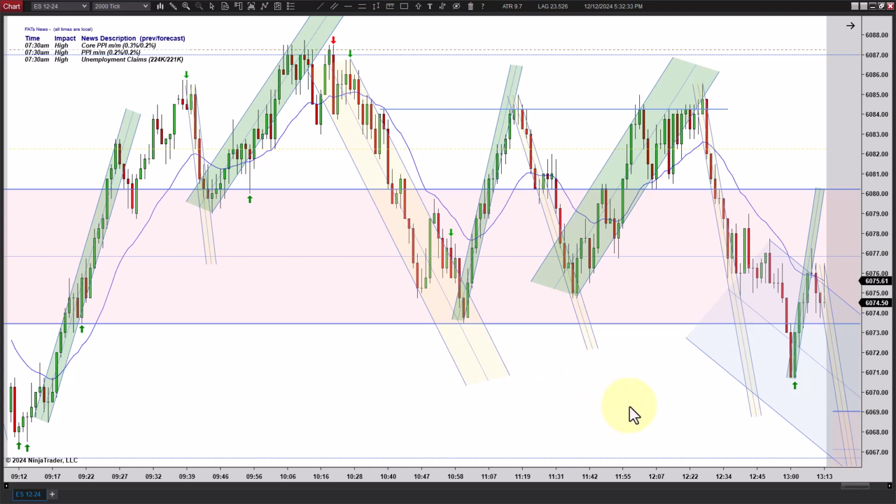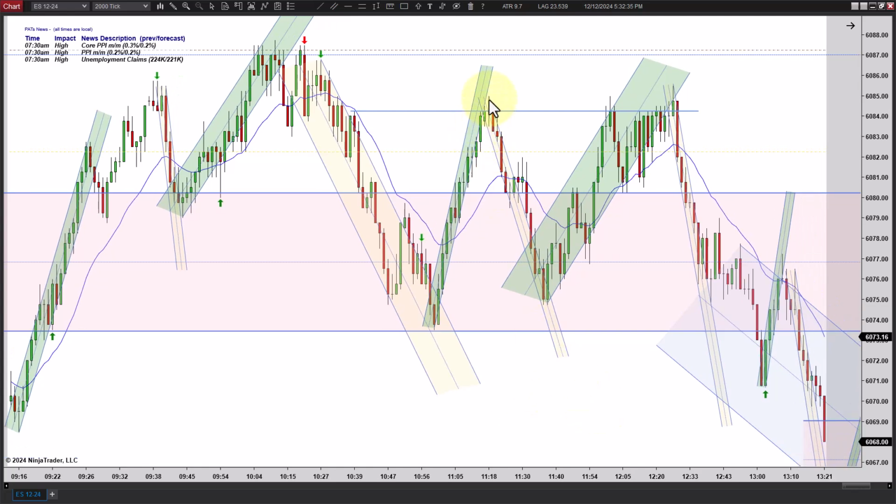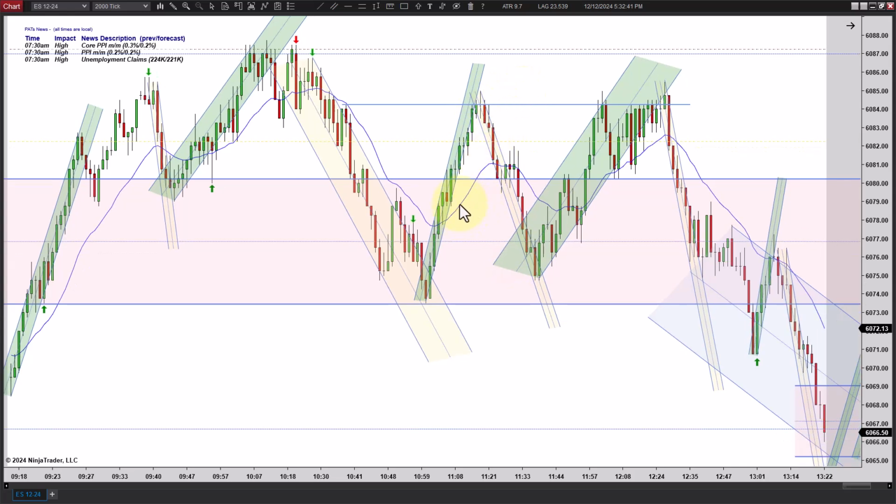That's good rejection. And you get the same thing up here. You get rejection once again, but your signal bar is horrible. You do get a close outside and a new high, but it's just a first entry. It's an ugly signal bar, and what you hope is you get a lower high, and it doesn't come.